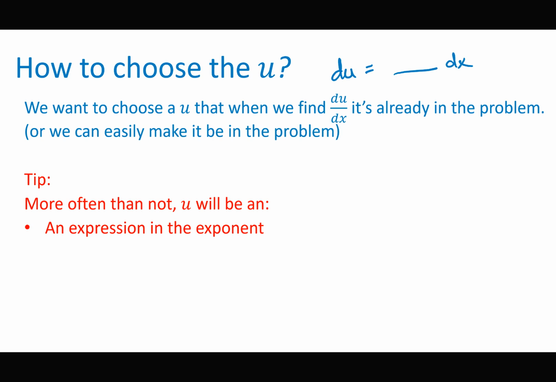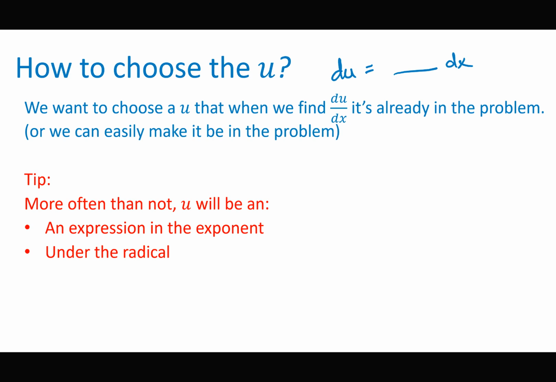It may work, it may not. But more often than not, I've had success with starting with that to see if that will be my u value. Okay, so if you have some expression, not just a number, if it's x squared, don't put 2 as your u value, because then when you differentiate, you get 0. That doesn't help you out at all. Okay, so if there's an expression in the exponent,